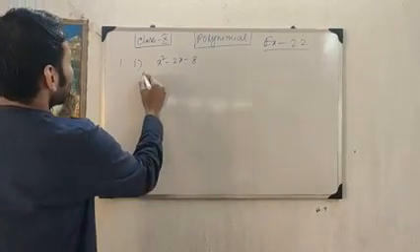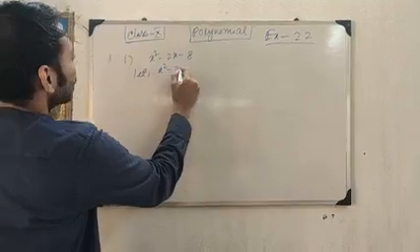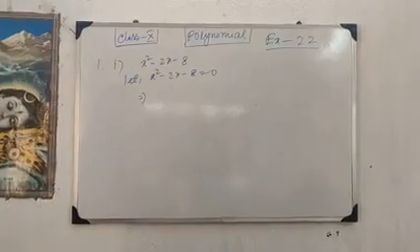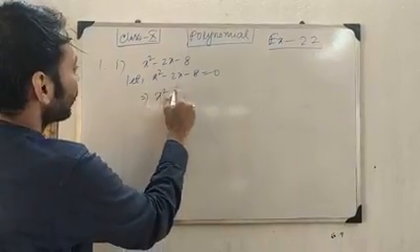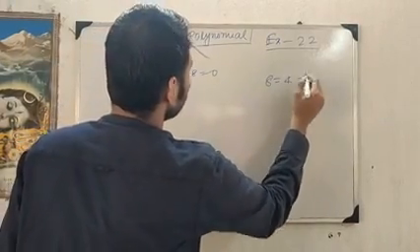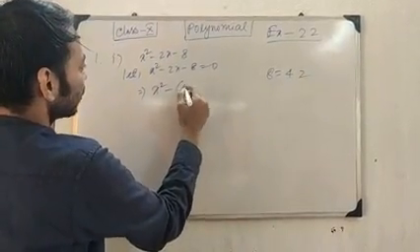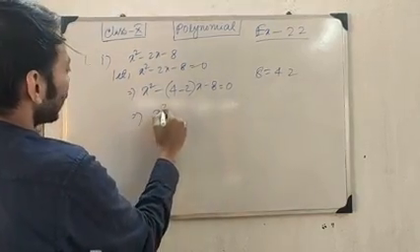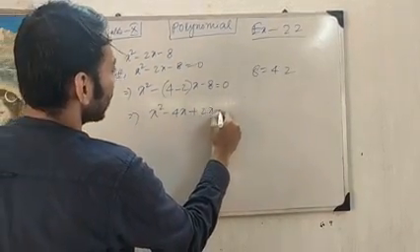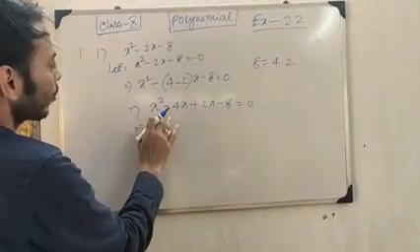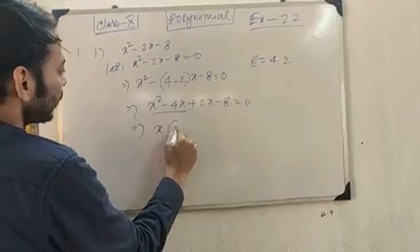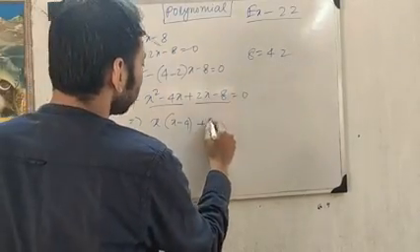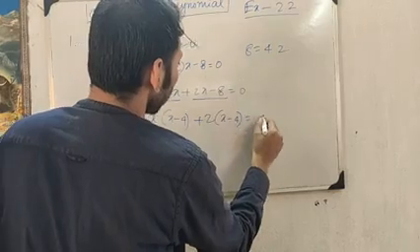Okay. Let us take x square minus 2x minus 8 equal to 0, and we have to do it with the help of middle term factorization. So break 8 as 4 into 2, therefore x square minus 4x plus 2x minus 8 equal to 0. Taking x common from the first two, we will get x minus 4, and then taking common 2 from the last two, again we will get x minus 4.